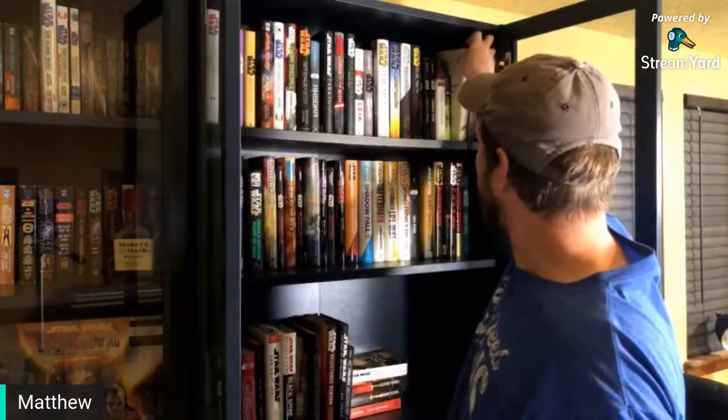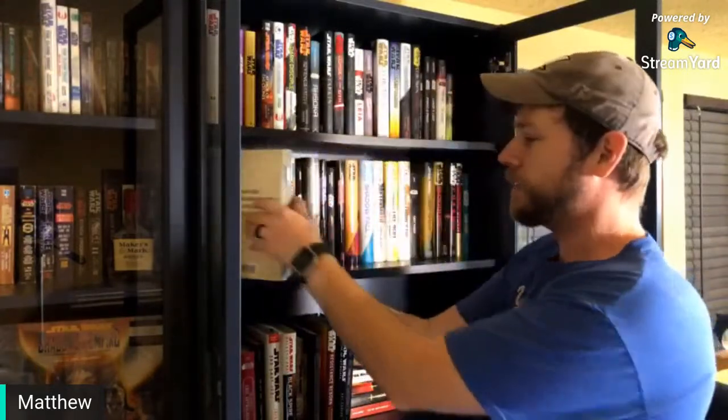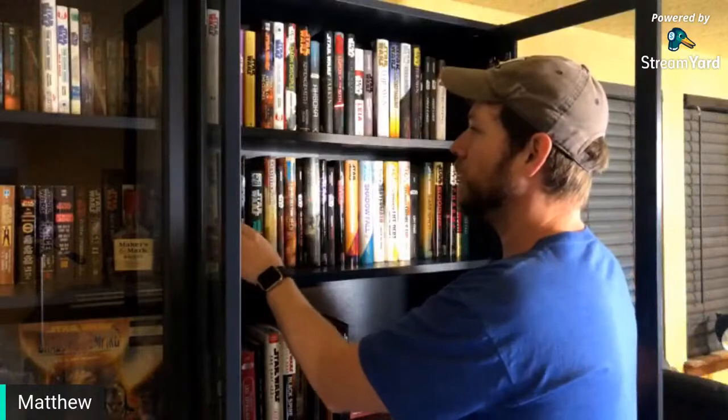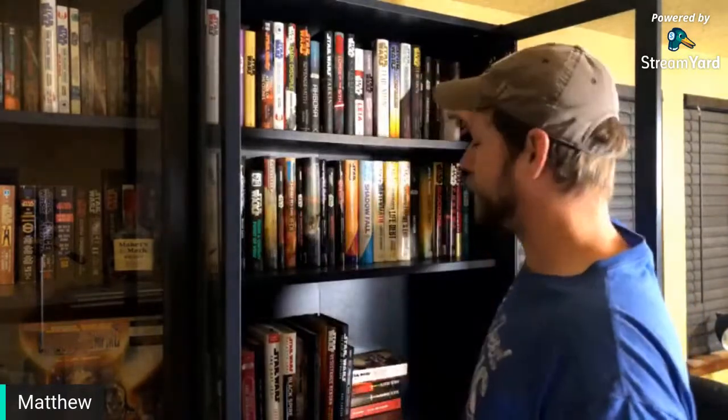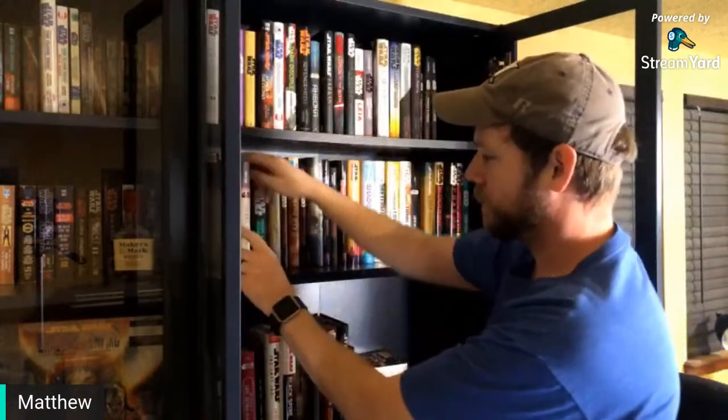We got the Rogue One novelization by Alexander Freed. Good one. I enjoyed that one a lot. And the Solo. I might have taken too many books out for this. But what's the next one? We have the High Republic, so having a little extra space up on the top will be fine. Rebel Rising. That looks like that might squeeze